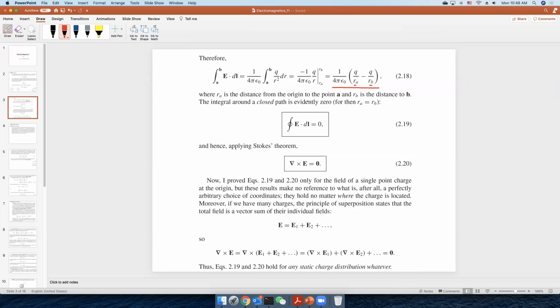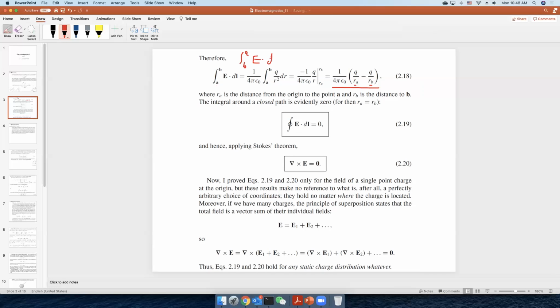So in this case, let's say this is from A to B. If you do the same thing from B to A, then you get the negative value of this equation. Let's say you do the integral from B to A,